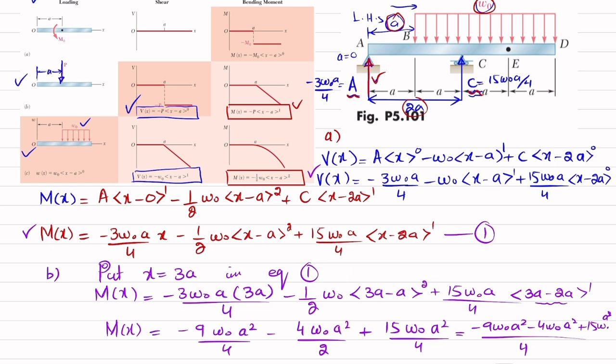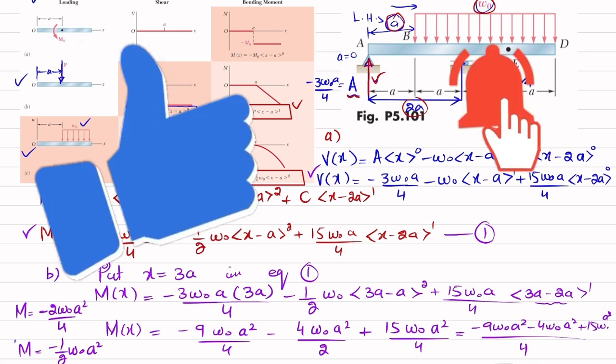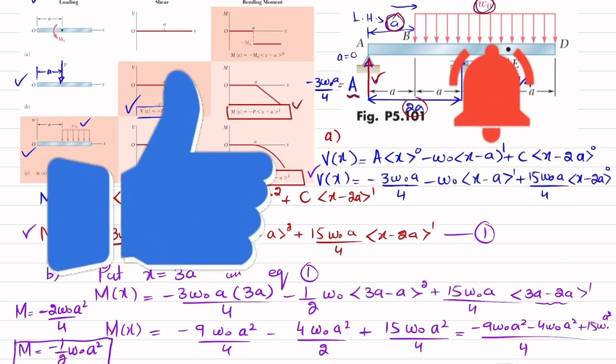So what we will get is moment equal to minus 9 minus 4 plus 15, so it will give you 2 w naught a square over 4. So it means that moment will be equal to 1 over 2 w naught a square. This is the value of